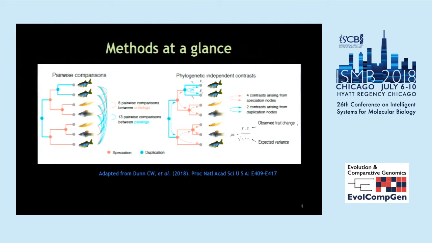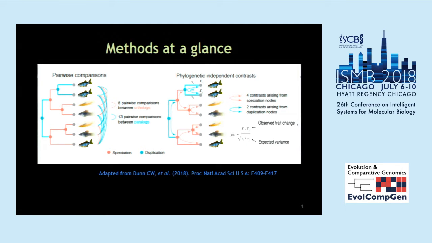For demonstration, I have used a gene tree of 3 fish species. In this tree, you can see we have 7 tips and 6 internal nodes: 2 nodes for duplication and 4 nodes for speciation. So 21 pairwise comparisons are possible for this tree, out of which 8 comparisons are possible for orthologs and 13 comparisons are possible for paralogs. Due to the shared history of the tree, these comparisons are not independent of each other. On the other hand,